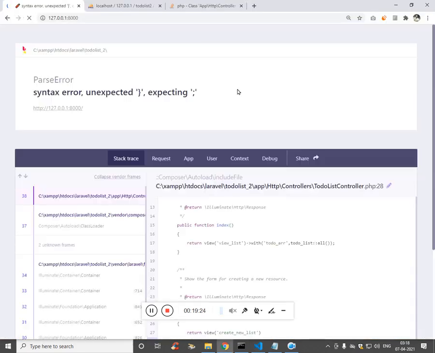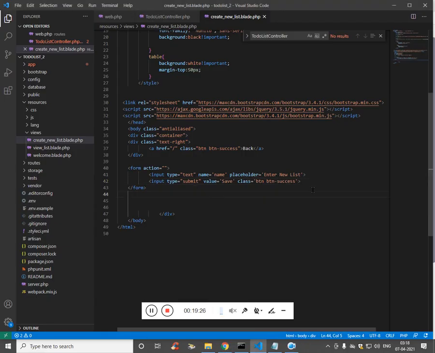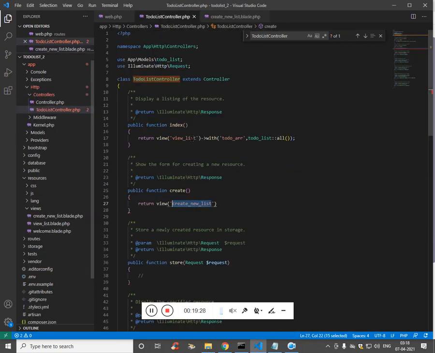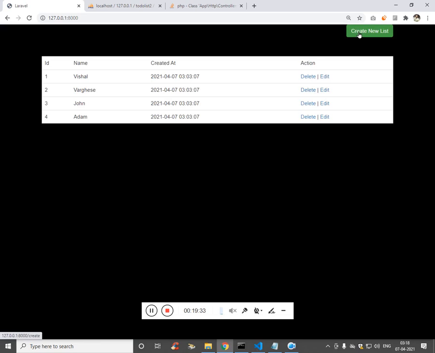Now if I click, there is a semicolon mistake somewhere I have missed. Click on create new, we should see the form.